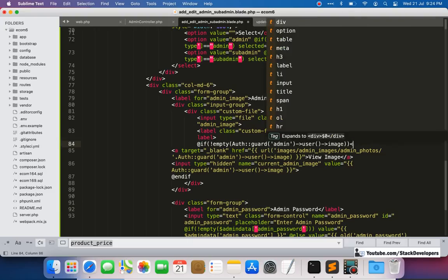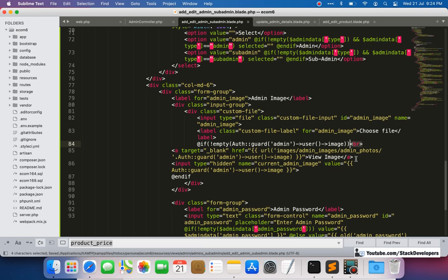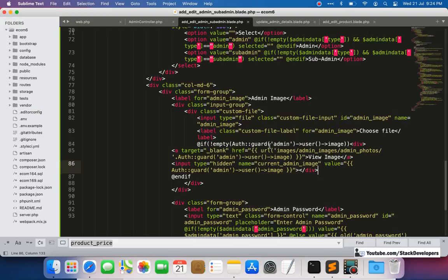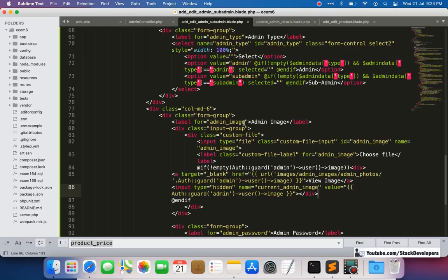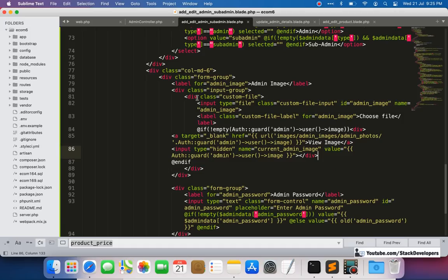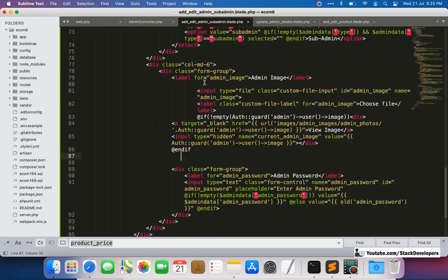See, here we are going to add a break first of all. Nothing is happening, so I'm going to put it inside a div. Nothing is happening, so no issue. We can remove this custom file, input group, and form group we can add. A form group is already there, so after the form group there is no requirement, I think, for input group and custom file. Okay, so we can remove this one. And now